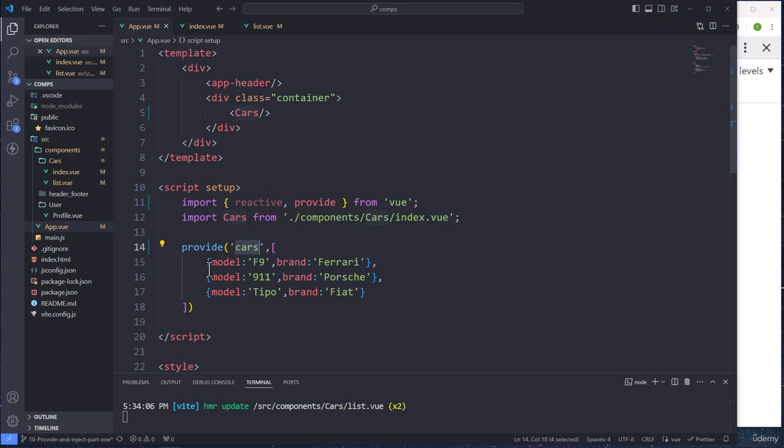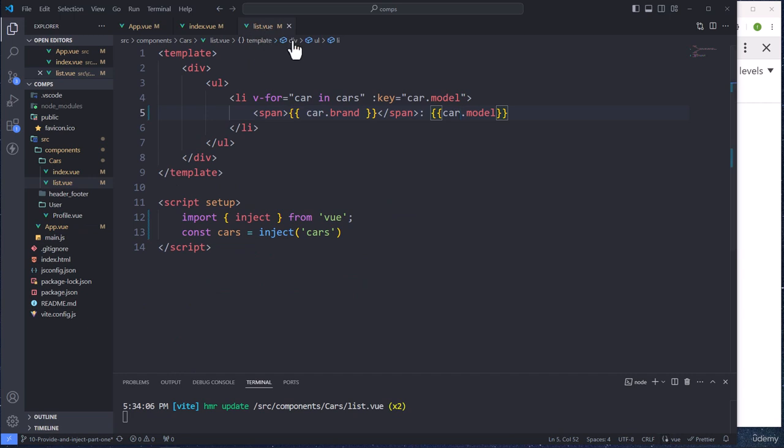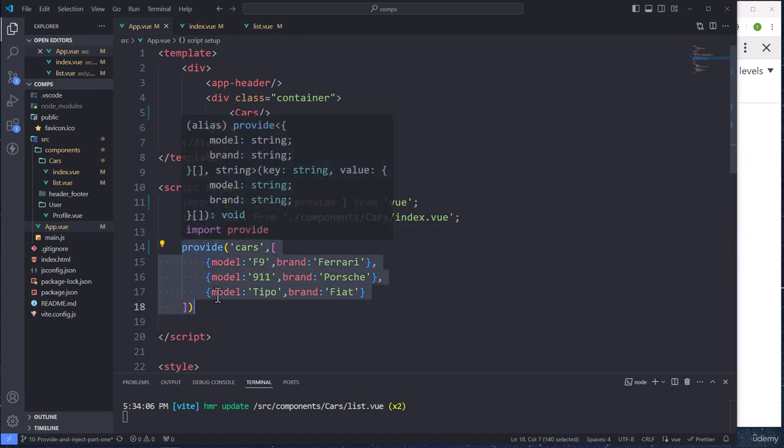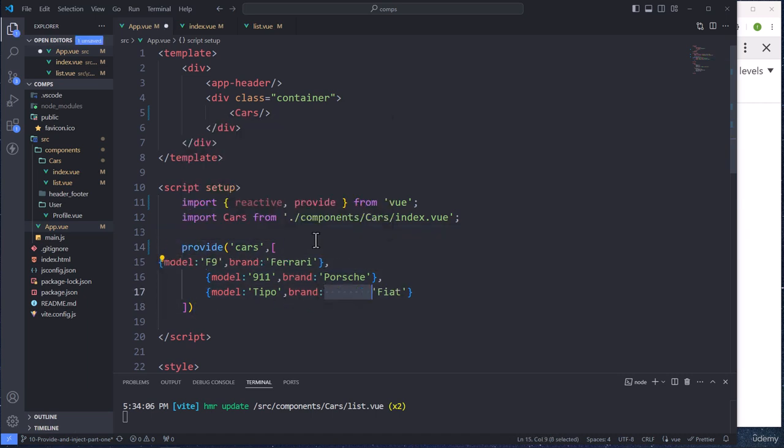We just create something, we provide it, and whoever needs to consume it injects that value, and we can use it. Okay, so let me show you a couple things. What if this data that we have inside the provide needs to be part of the parent? Because right now we had a reactive property and we had it there, but now since we are just providing, we cannot use this data